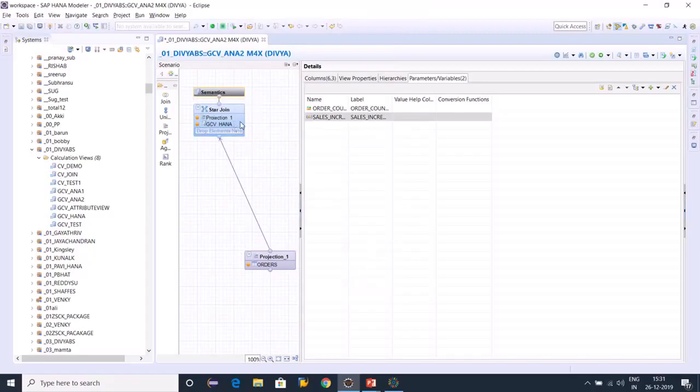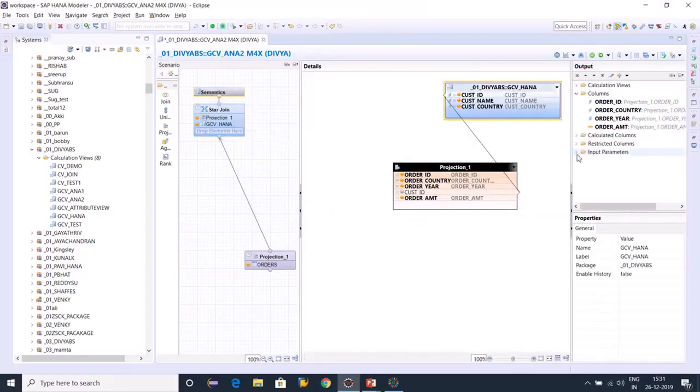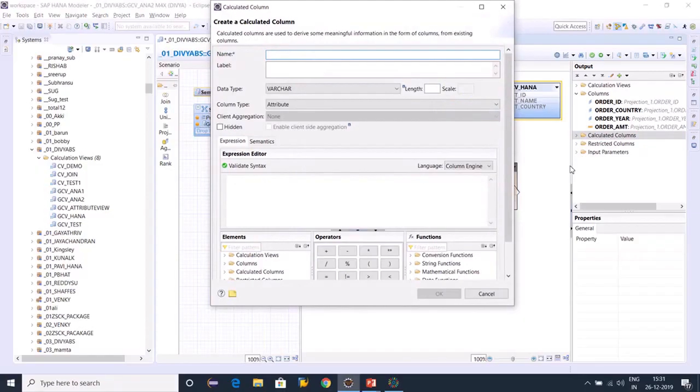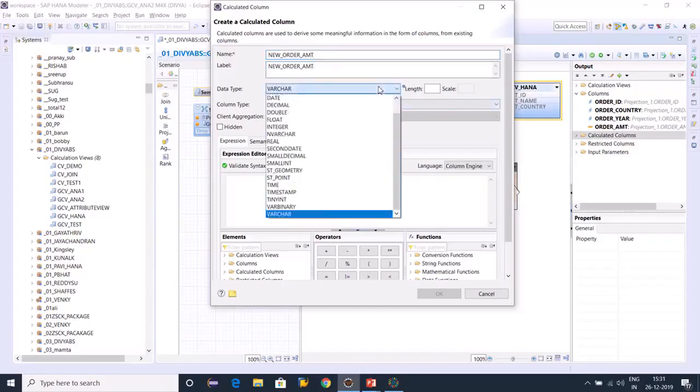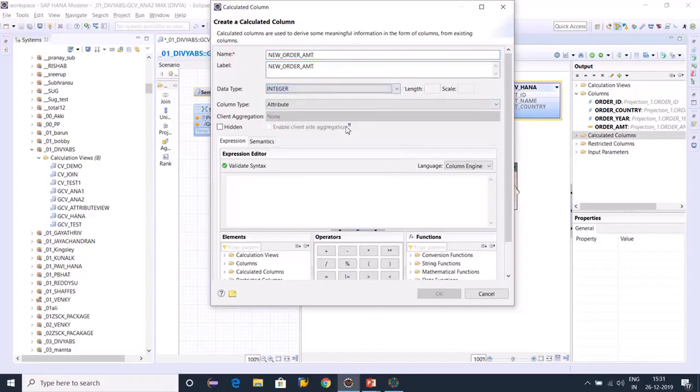The input parameter is not called as soon as we create it. We need to call it in a calculated column for it to be called. So I right click on calculated column. I say new calculated column. I give it a name new order amount. I give the data type as integer and give the column type as measure. I then give the value